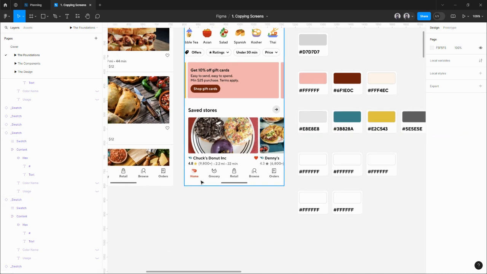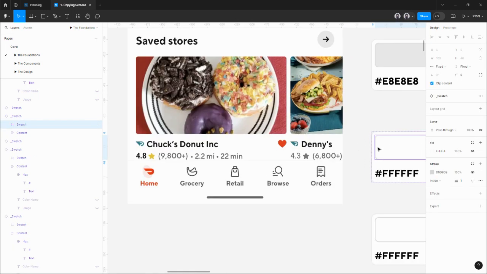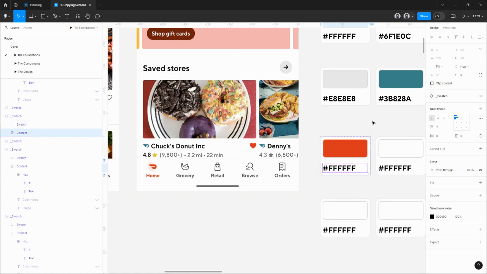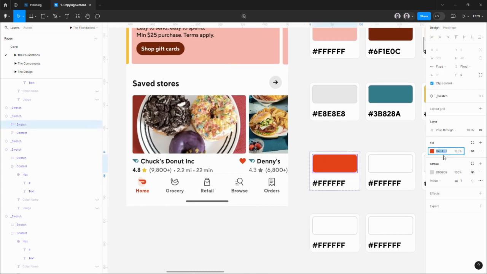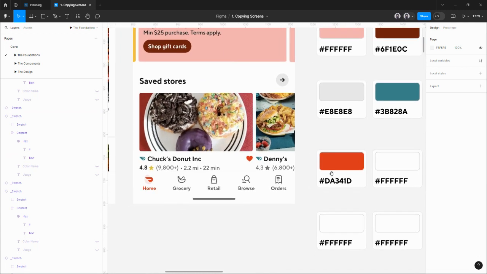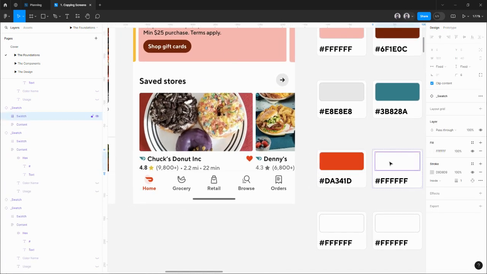Now I see a bottom navigation. I'm selecting the area where I want to add the color, hitting I on the keyboard and selecting this red. Now you see that this red is slightly fresher than the one we chose there. Here we can see from the codes, but if there is any doubt, you can place both together and compare if the colors are the same or not, and eventually your eye will get trained to find these details and